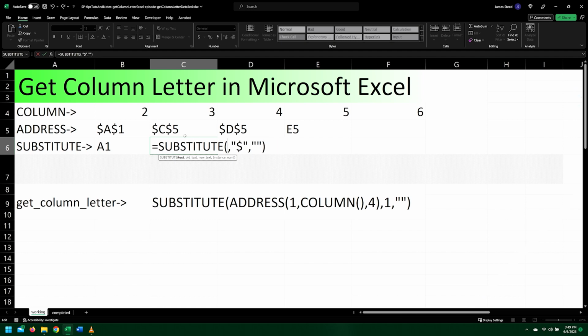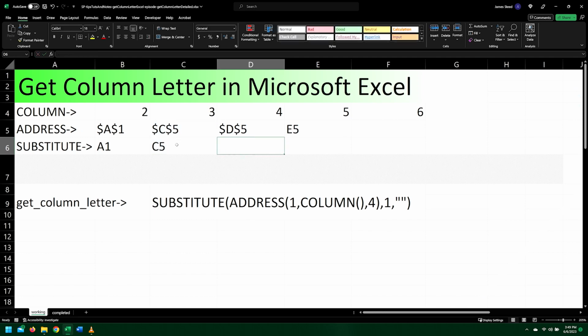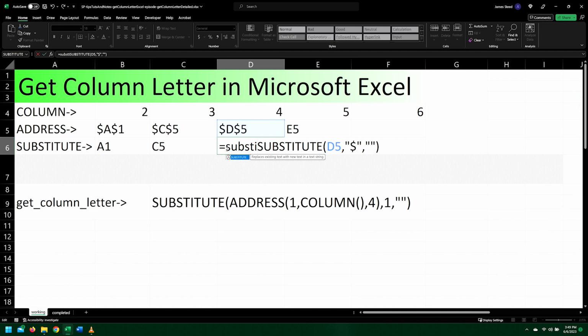We can now click on the cell above and reference that cell instead of our text. Now, as you can see, we're getting the correct column number, but we still have that 5 remaining. I'm going to copy the formula over and use another substitute to get rid of the 5. We'll just type substitute before the entirety of our original substitute formula and allow our $ sign substitution to be our